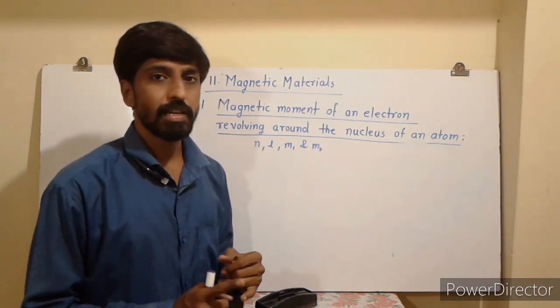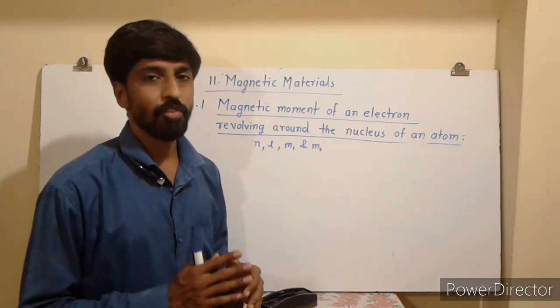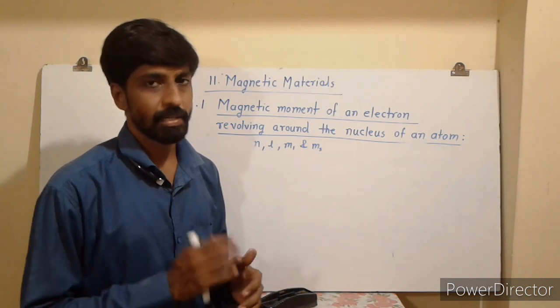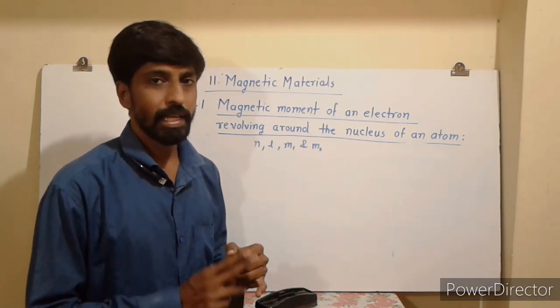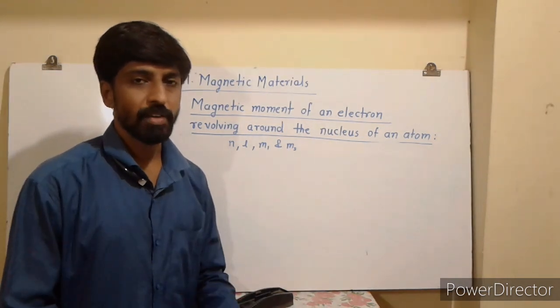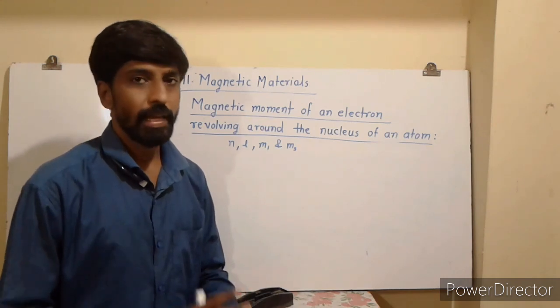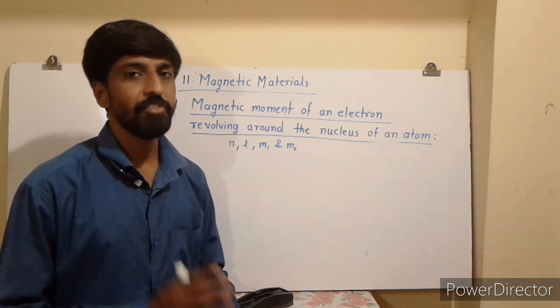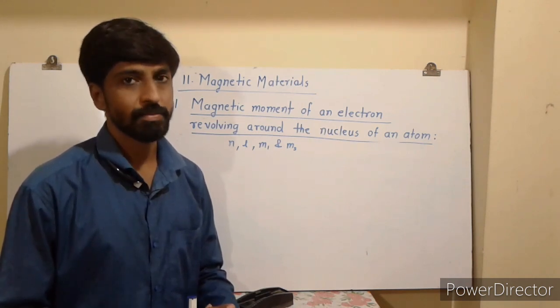Therefore, the resultant magnetic dipole moment for atoms with a pair of electrons in the same state is zero. Atoms with an odd number of electrons in their outermost orbit will possess a resultant magnetic moment. Inner orbits are completely filled and hence do not contribute to the total magnetic moment of the atom.